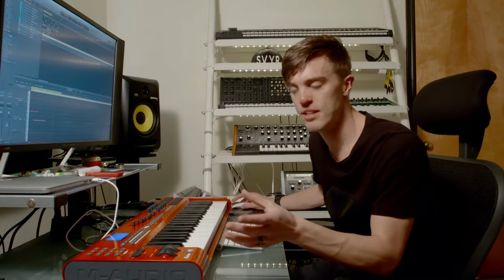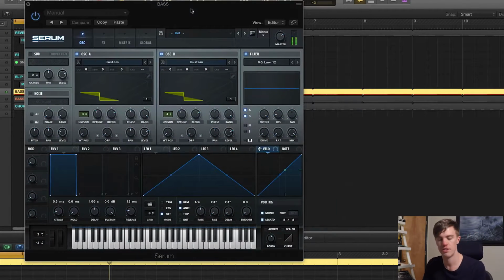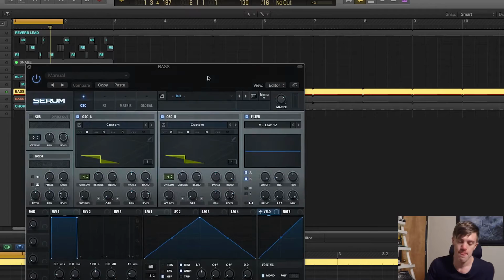So for Reese-style basses, which are more used in drum and bass and some aspects of dubstep, I'm going to start out with this bass that does not have any of that oscillator lock on it. So it's a completely random phase whenever it starts, and so you can hear a pretty familiar sound. And again, going back to what I was talking about before,